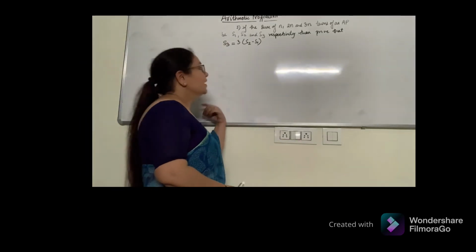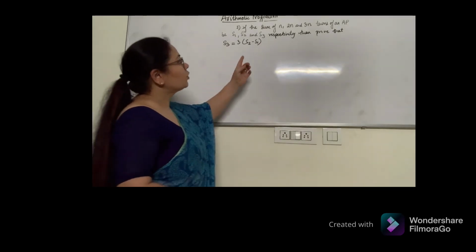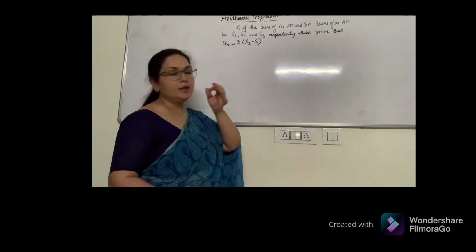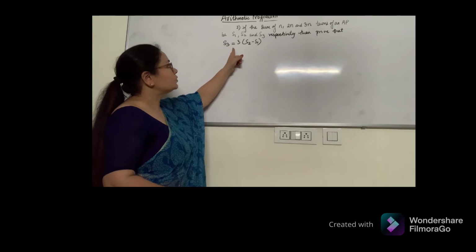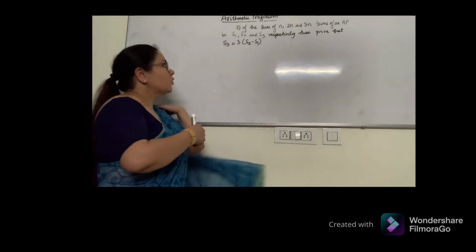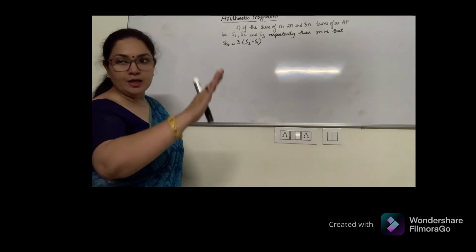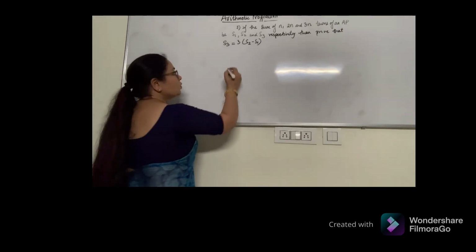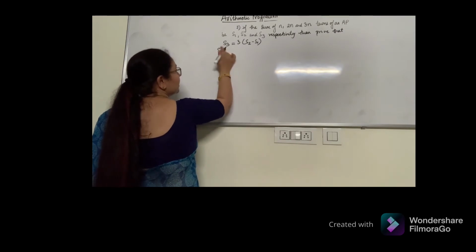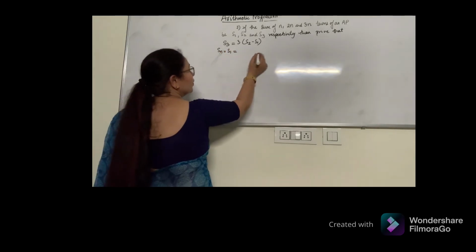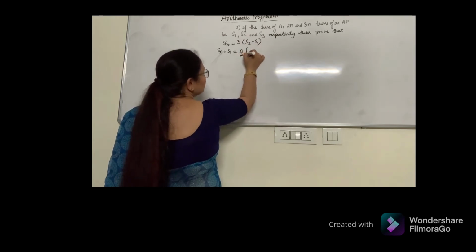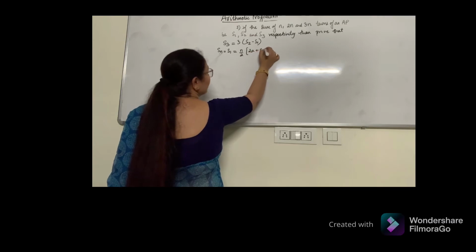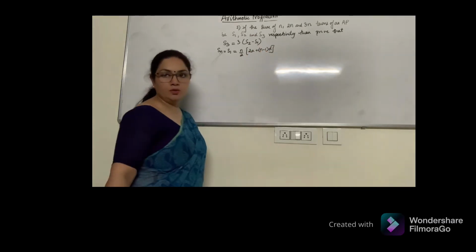One more question is left. If the sum of n, 2n and 3n terms of an AP be S1, S2, S3 respectively, then prove that S3 is equal to thrice of S2 minus S1. Okay. So sum of n terms, 2n terms and 3n terms we'll write separately. S1 can be, first of all, the sum of n terms. N terms का sum is S1. So n by 2, 2a plus n minus 1 d, right?